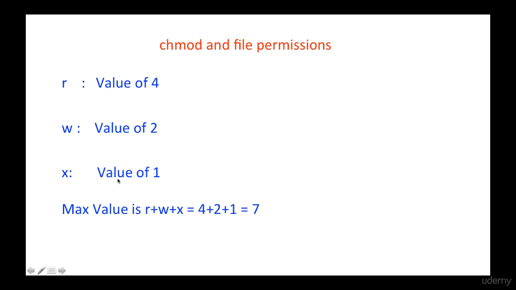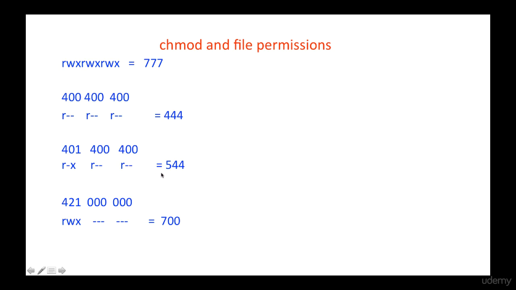Again, the execute bit value is 1. Then this is only read, 400. If we look at the permissions here, this has one bit as 4 and the last bit as 1 for user, so this becomes 5. So you can add this 5, and then 400 is 4 and 40, so the effective permissions would be 544.